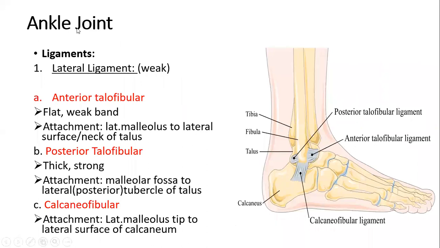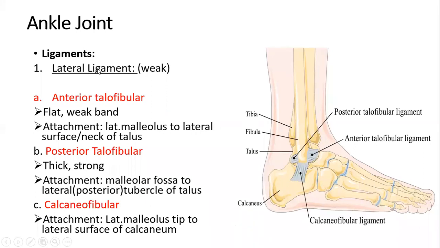So why are the ligaments of ankle joint so much important? Because again, as I mentioned earlier in my lecture, the ankle joint is not only a weight bearing joint, but it is also subjected to extremes of movement. And because of the extreme movements that may take place at this joint, it should have ligaments that provide a lot of support in order to provide stability to this joint.